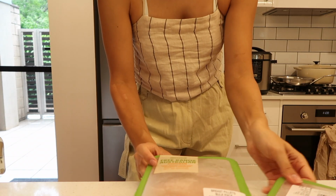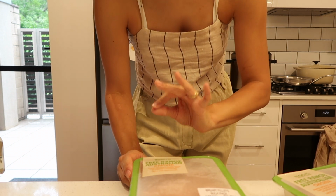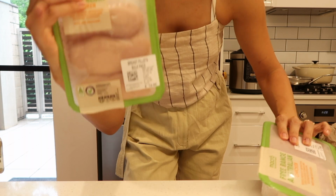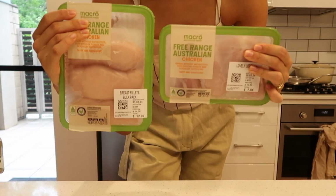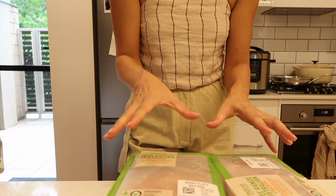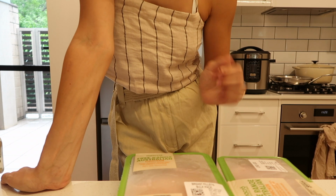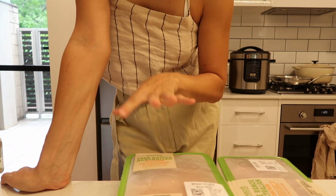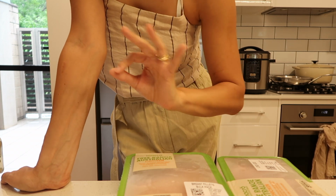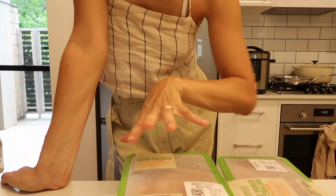So first up, I am going to be making some shredded chicken. I'm actually going to be using shredded chicken for both of these recipes today. I'm going to be using some chicken breast fillets and also some chicken thighs, although ideally I would normally just use chicken thighs. They just tend to be moister and overall just better, but we only had chicken breasts and a little bit of chicken thighs at the shops today, so that's what I'm doing. But for you at home, I would actually just buy chicken thighs if you want the tastiest